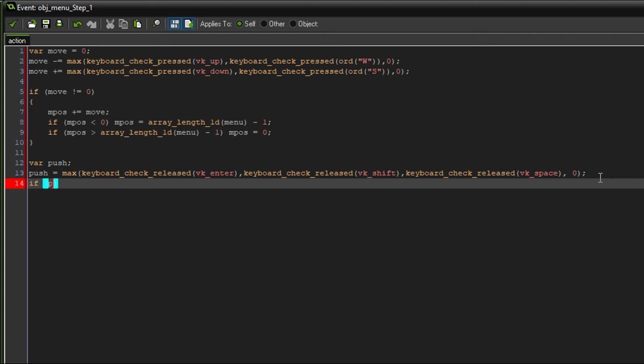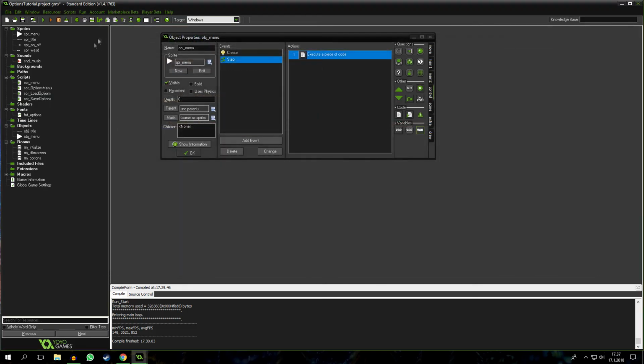So if push equals 1, if you're pressing the key, script menu, and I hope at least that's it. Yeah, so it will read the script menu,